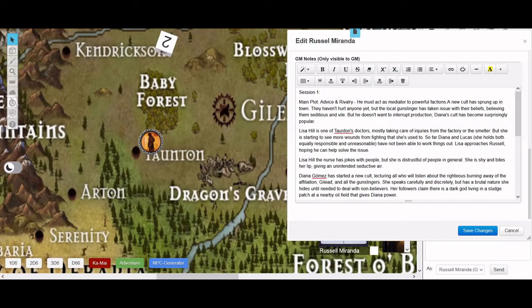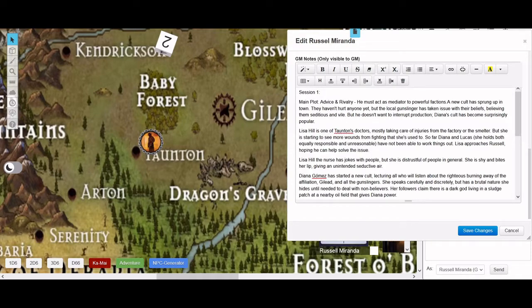All right. So, having considered what might be going on and using input or inspiration from the three randomly generated NPCs, here's the main plot. A woman named Diana Gomez has started a new cult, and it's becoming very popular.